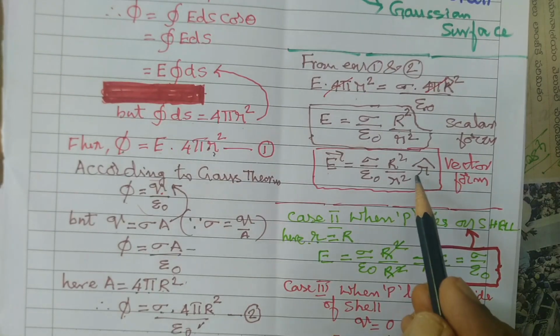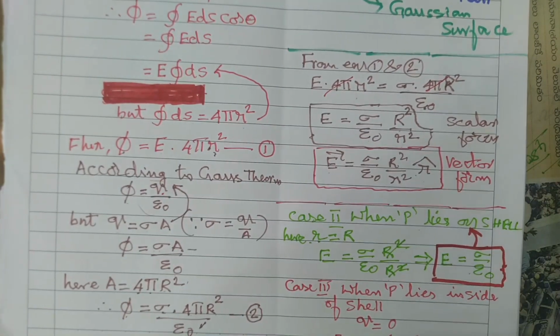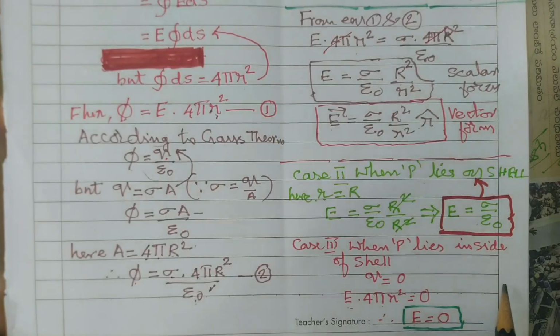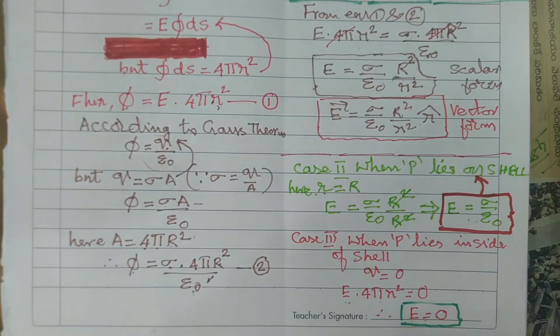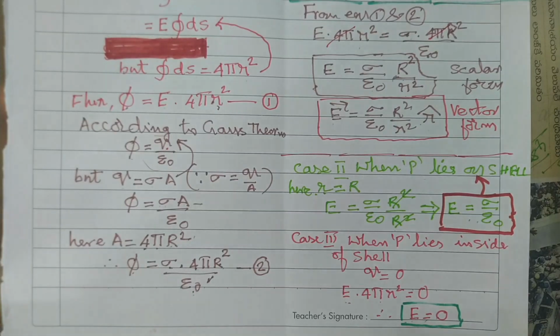So, first case, second case, third case, the electric fields are there. Just you see, once again, first case, second case, third case. These are the three cases of the electric field due to uniformly charged spherical shell. In the examination, it is important. Any one case they are asking, or otherwise all the cases they are asking. Numerical problems are also important. Better today itself you learn this by taking the notes. If you have any doubt, we'll discuss it in the classroom.